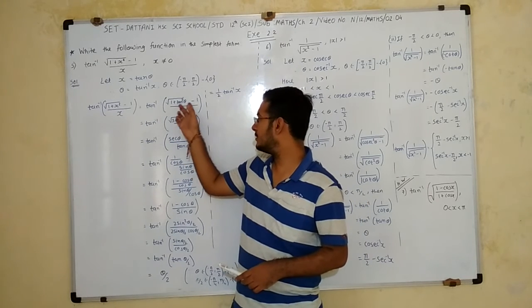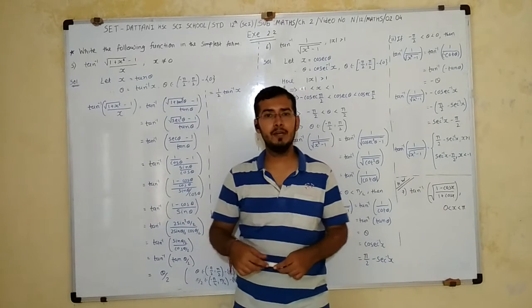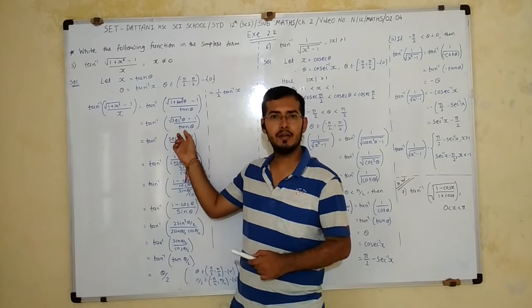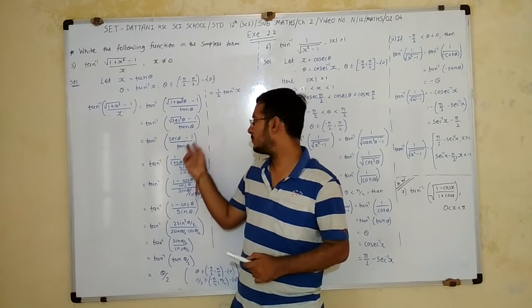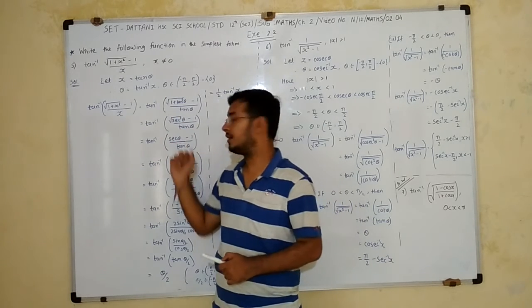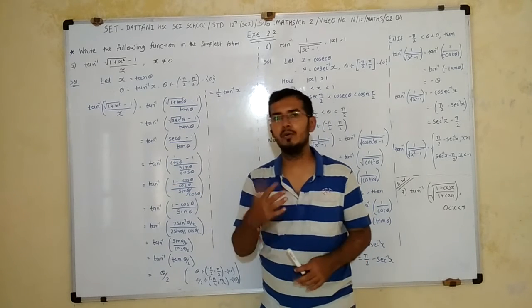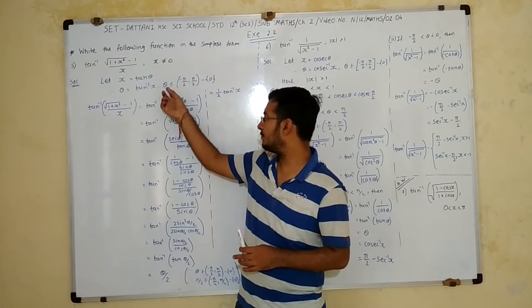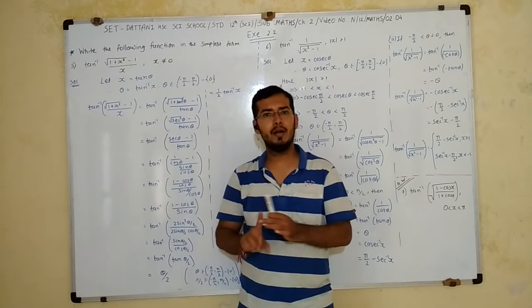So I get 1 plus tan square theta, root, minus 1 upon tan theta. So we know, using the identity, 1 plus tan square theta is equal to sec square theta, minus 1 upon tan. Now I remove the root and square, so I get sec theta minus 1 upon tan theta. Here x is not equal to 0, so I remove the root and get a positive sec. Now, how do we know that it is only positive? Because in a root there is a plus or minus. So we check the range: theta belongs to minus pi by 2 to pi by 2. So it covers quadrant number 4 and quadrant number 1.